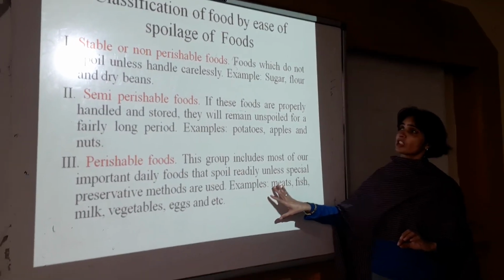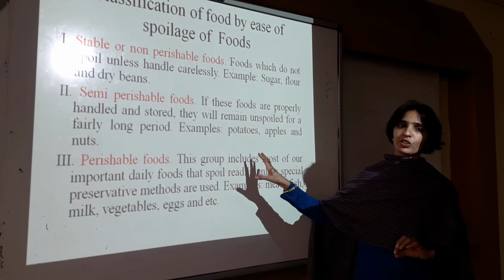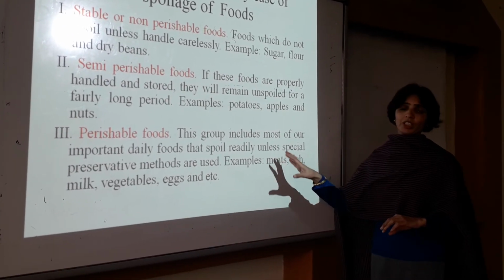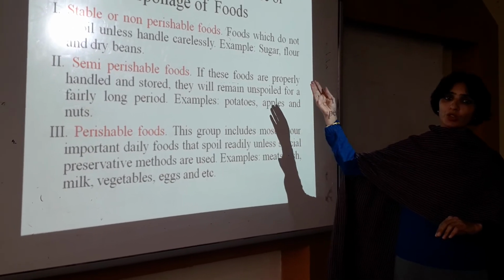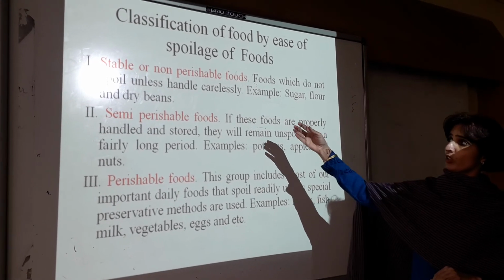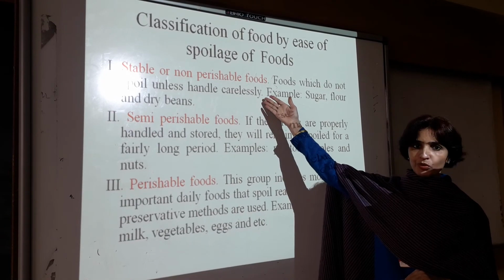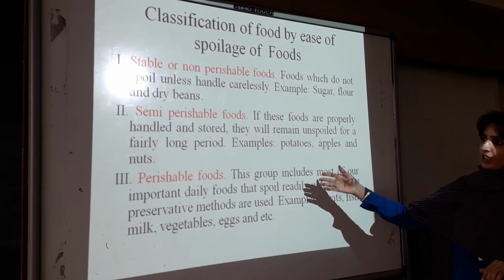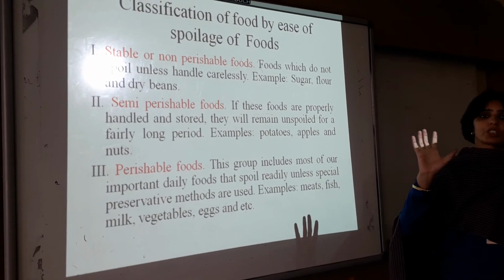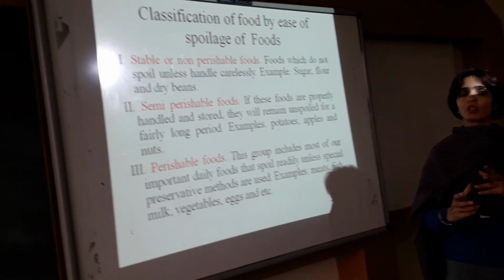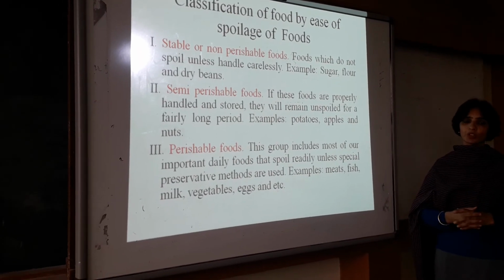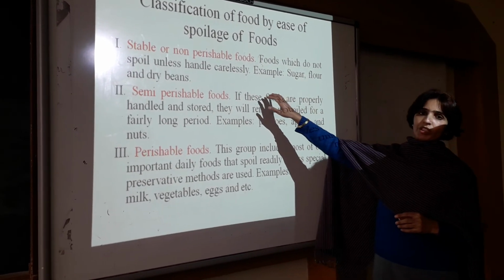Now comes the classification. The main thing about food spoilage is the classification of food on the basis of its spoilage. On the basis of spoilage, food can be categorized into three basic categories. First, staple food or non-perishable food. Second, semi-perishable food. And third, perishable food. When we are dealing with non-perishable food, the main thing we should consider is that the level of moisture in this food stuff is less, meaning they have 0 to 1% of moisture. The food commodities which come under these